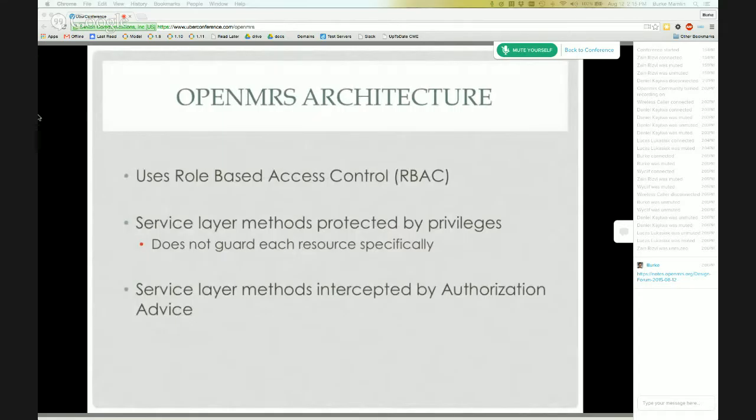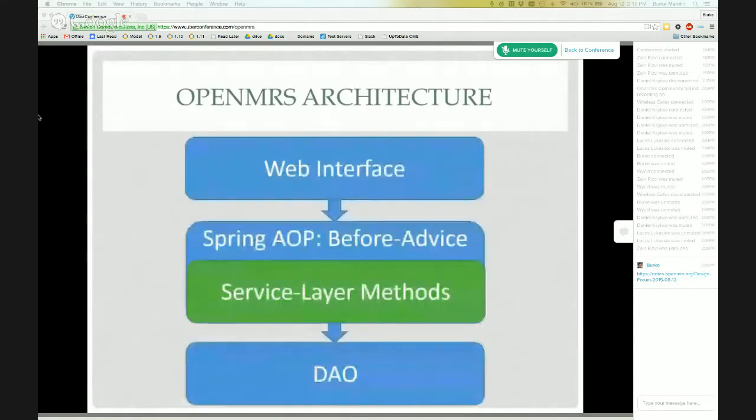So the user is not able to access that method. This gives us this kind of structure where we have the web interface on top, what the user interacts with when they try to call service layer methods. They are intercepted with Spring AOP, aspect-oriented programming, the before advice, meaning that it's only intercepted before the method invocation. If the service layer method is allowed to be invoked, then it calls the DAO, which interacts with the database, and the method and the return values are propagated backwards.